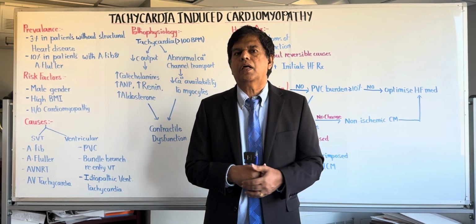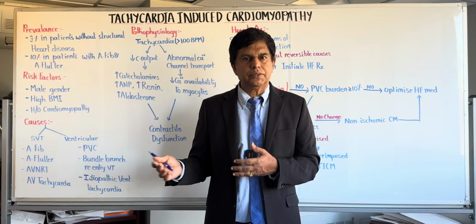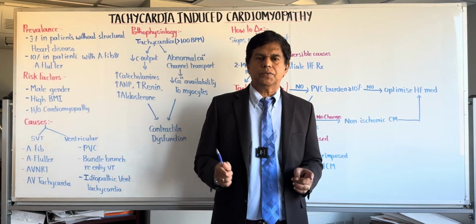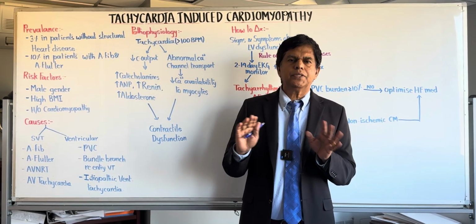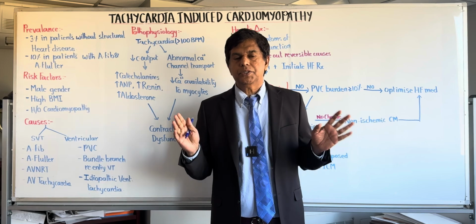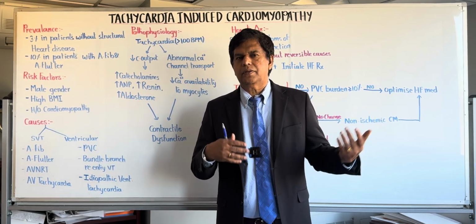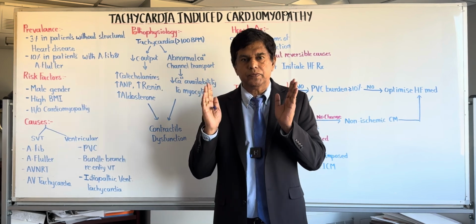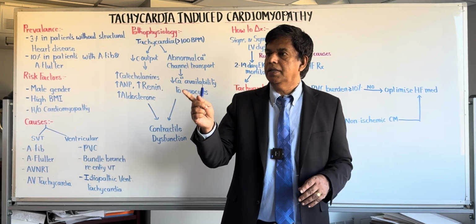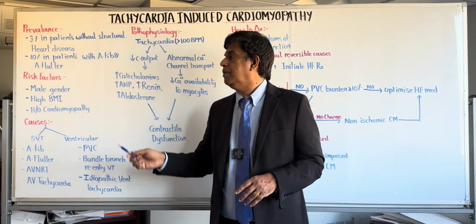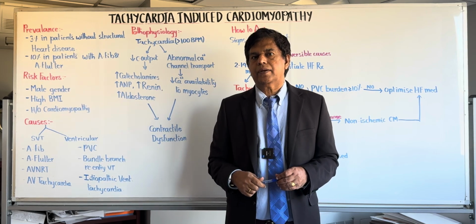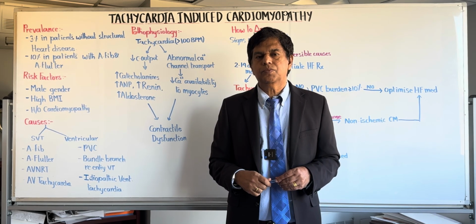You check the EKG: lots and lots of PVCs, ejection fraction 35, very low, and the stress test is normal. And what's your diagnosis? A lot of times in the internal medicine board and in-service training examination, they'll never ask you about diagnosis. Did you notice that? They always ask about the treatment. This is a straightforward question you're going to find. What's the diagnosis in this patient? What are you going to write? Tachycardia induced cardiomyopathy. Remember, heart rate greater than 100 beats per minute, PVC burden greater than almost 10,000. Those are the keywords you have to remember.